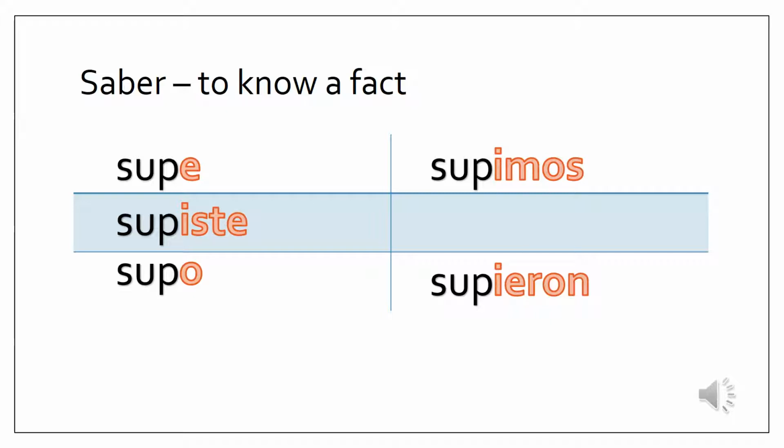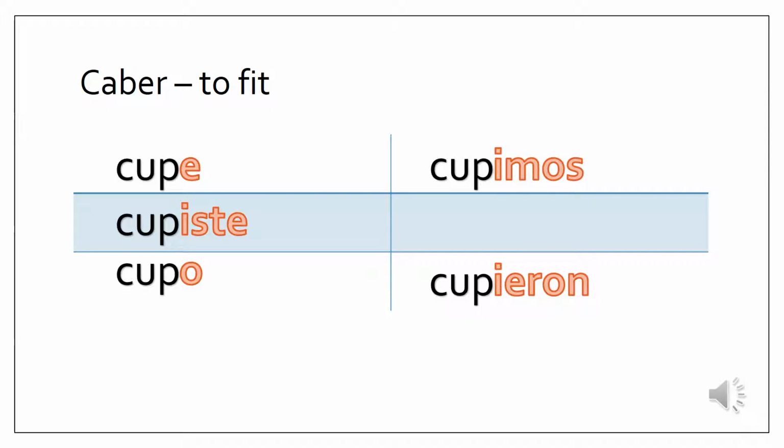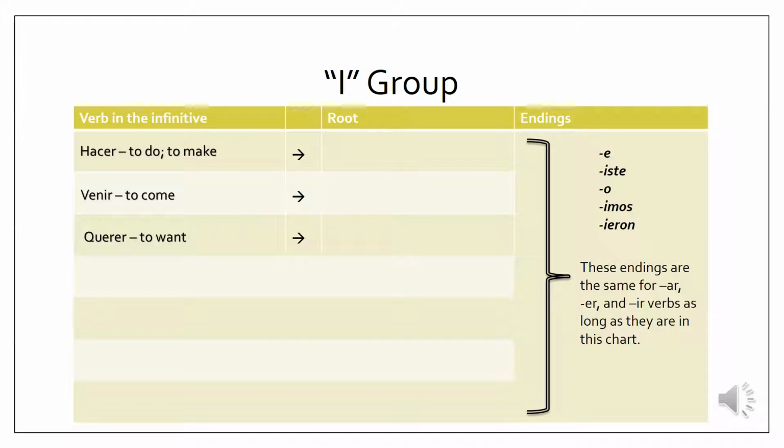We learned that saber means to know a fact, but in the preterit tense, more often than not, it translates to find out. So if you said yo supe, it would translate to I found out. And our last U group verb is caber, and the correct forms are cupe, cupiste, cupo, cupimos, cupieron. Our next group of preterite irregulars is the I group, and there's only 3 verbs here: